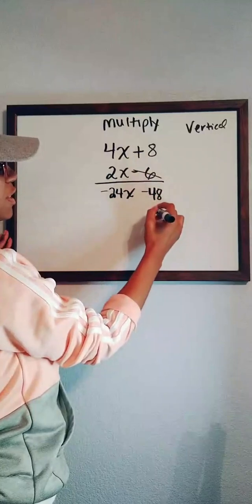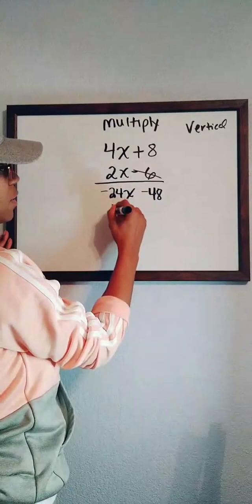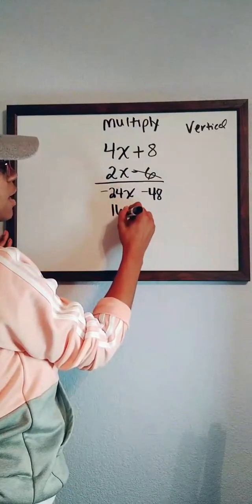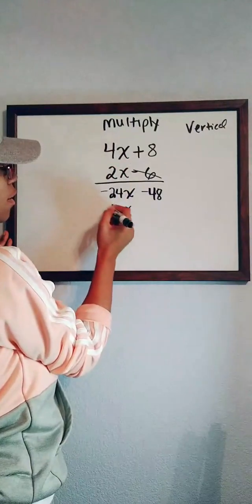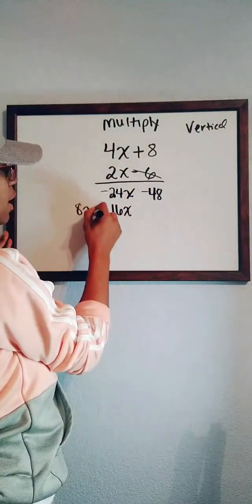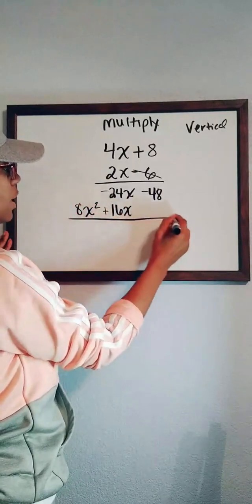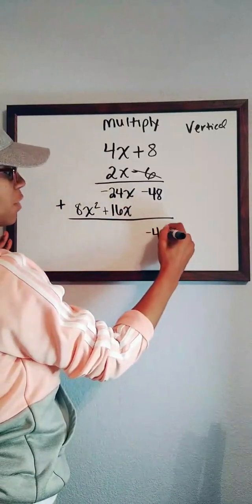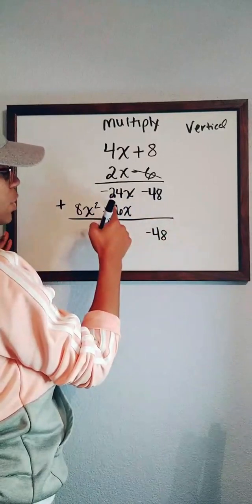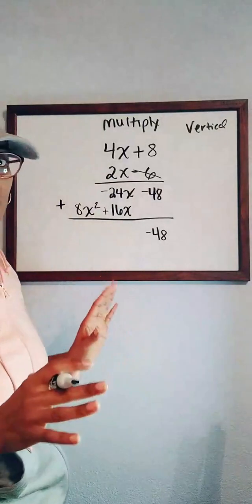So just the same as we would scoot over, 2x times 8 is going to be 16x. And then 2x times 4x will give you 8x squared. And this is a positive 16. So I'll go ahead and put that like that. Remember, you're going to combine your like terms. So you have negative 48 minus 24 and a positive 16, which is going to give me a negative